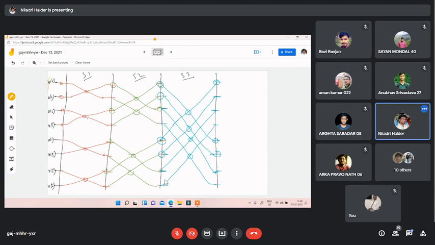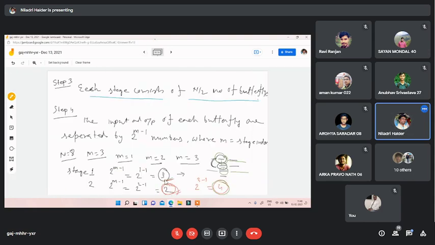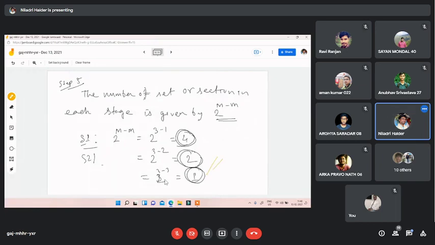You can check that this is one set, because there is no connection between this butterfly and that butterfly. There is a gap, no connection. So this is one set, this is one set, this is one set, and this is one set. So 4 sets for stage 1. For stage 2, you can check it. There is a connection between these 2 butterflies. So these 2 butterflies are 1 set, and these 2 butterflies are 1 set, 2 sets. And in stage 3, all the 4 butterflies are connected to each other, means only 1 set. So the stage-wise sets of the butterflies will be given like that. That is your step 5.